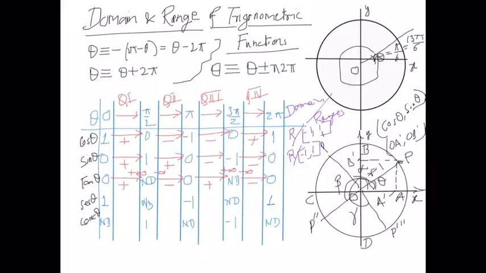Now, if you notice the values that theta would take when P coincides with B or D, we see that theta is an odd integral multiple of pi by 2. For example, when P is at B, theta could be pi by 2, 5 pi by 2, 9 pi by 2, or even on the negative side, -3 pi by 2, which is the angle from here to here, and -7 pi by 2, and so on. And when P is at D, theta could be equal to 3 pi by 2, 7 pi by 2, 11 pi by 2, and on the negative side, -pi by 2, -5